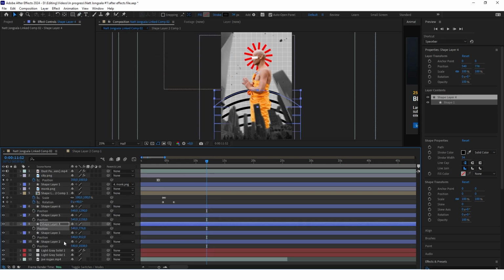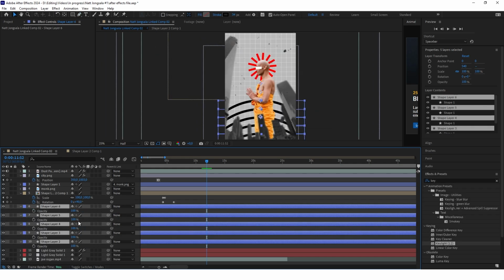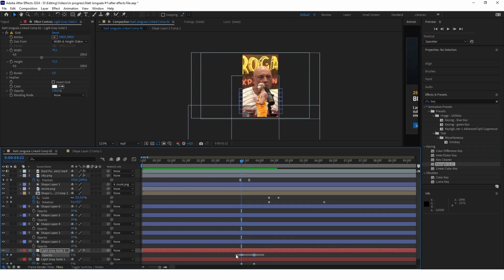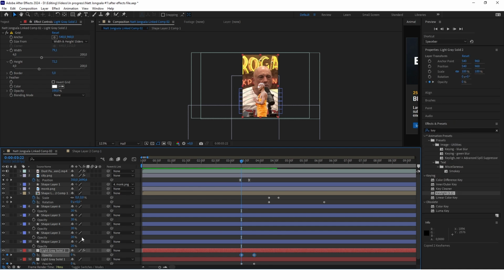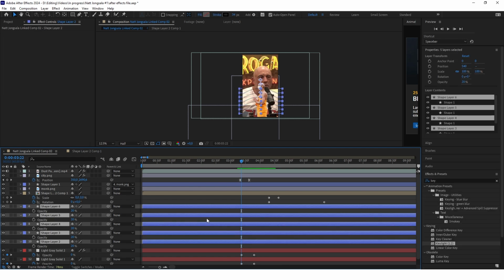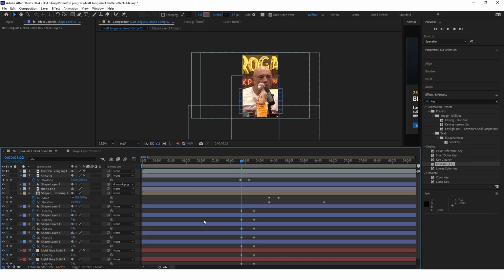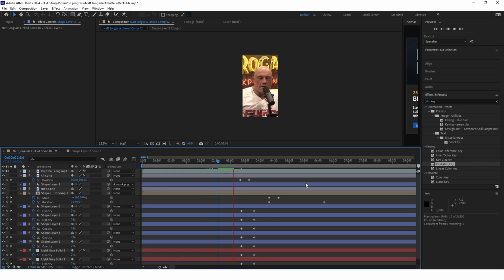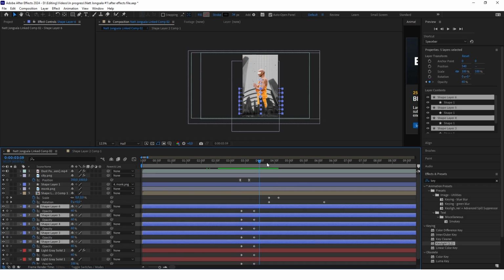And now select all of them, click T and change the opacity to something like 20%, let's say. Now copy the opacity keyframes from the background and put the same opacity keyframes on all of these folded lines so that it is animated with the background. Let's see right now. Okay, but now opacity from the background keyframes is set to 60 at the end, but we want to set the opacity of these lines to 20 at the end. So select all of them and change the opacity to 20 again.